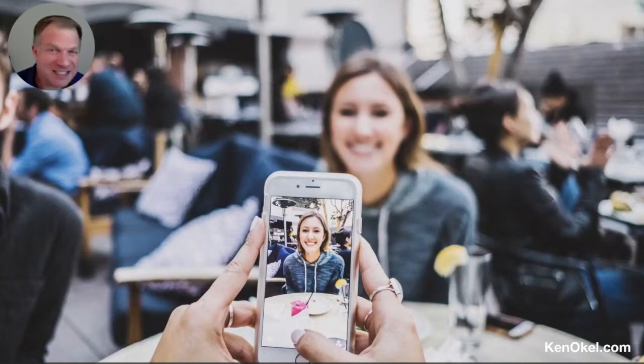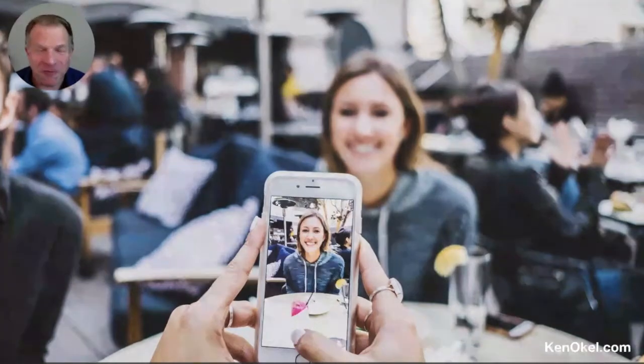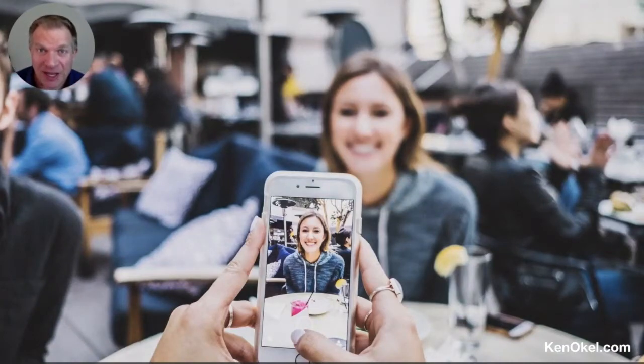Sometimes it just feels weird to be looking up at that camera and having a relationship with it. So what I suggest is that by the camera, like right next to it, put up a picture. I suggest a picture of a family member, some friends, maybe even a favorite vacation destination. So it gives you a spot to look at, but also it's kind of like you're talking to that person and not just an inanimate object like a camera lens. Camera lens doesn't do much in terms of giving you any reactions back, but if you're talking to a picture of someone you know, that can help a little bit.